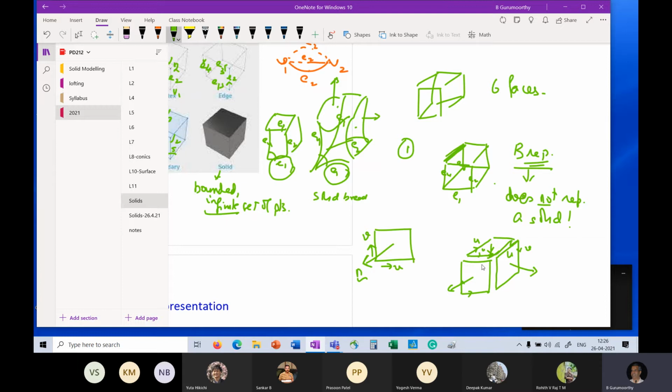So you have 2 cases which are extremely possible, right? One where I have assembled it without a face, and in the second case, I am having this problem where some faces have their normal pointing one way and some faces have their normal pointing the other way. Now here you can clearly appreciate that this does not represent a solid at all, right? It is not a closed bound solid. Here, what is the problem? What is being violated here?